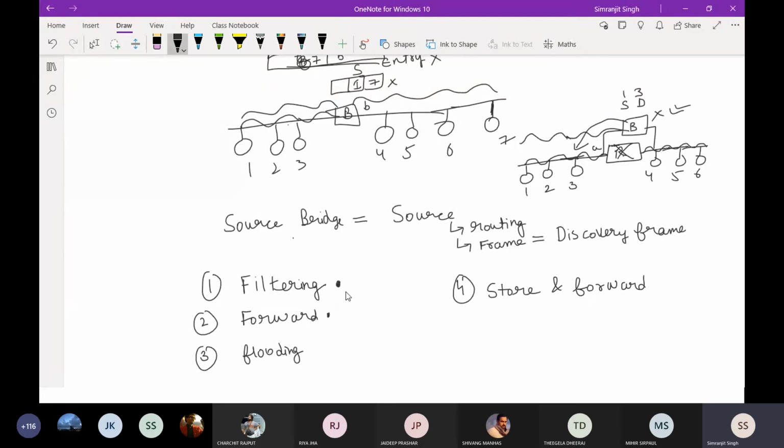Now forward is just a technique where whatever you are receiving, you send the message across to 4, 5, and 6. So if you want to send a message from 1 to 4, the bridge is able to forward the message. When the bridge receives the message, it will see the destination. The source address is 1, and the destination address is 4. So it will send the message to 4. This particular thing is called forwarding. This feature is also available in your hub as well as a repeater. It just forwards the message whatever it is receiving.